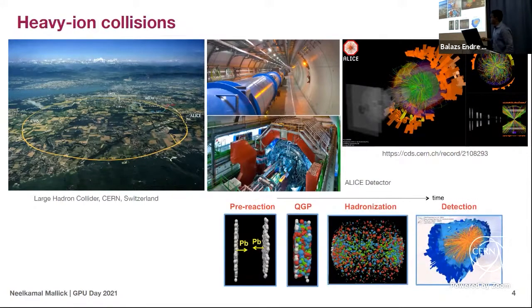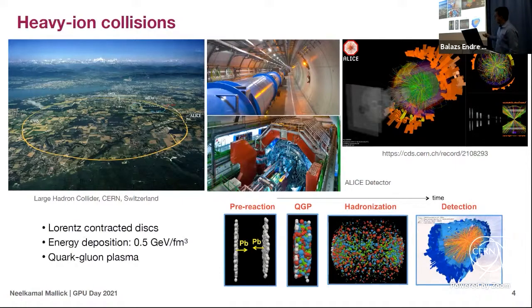Okay, so what happens in such collisions is that we have the lead nuclei, and when we accelerate them to ultra-relativistic speeds, they are Lorentz contracted. And when they are Lorentz contracted, their particle density and energy density increases. And at the collision point, the energy deposition is pretty high. It is about 0.5 GeV per Fermi cube. And under this much energy, the contents inside these nuclei, the protons and neutrons, and if you go further inside, the quarks and gluons, under this temperature they start to melt down, and they form a thermally equilibrated state of hot and dense matter known as the quark-gluon plasma.